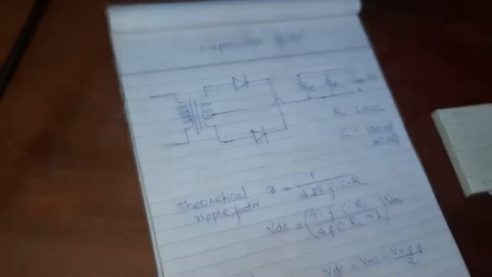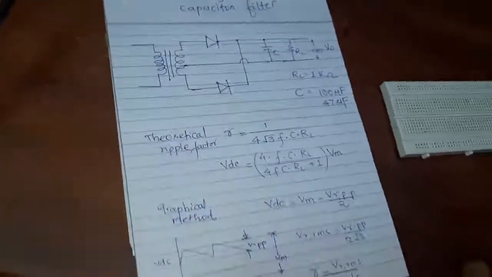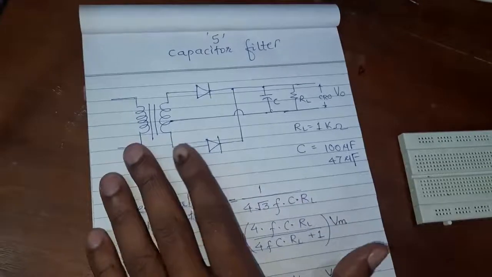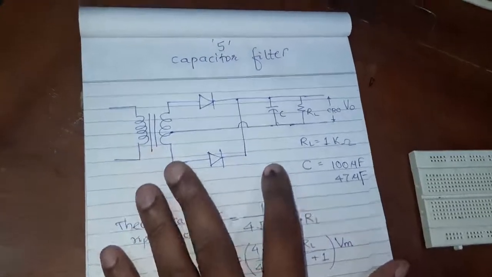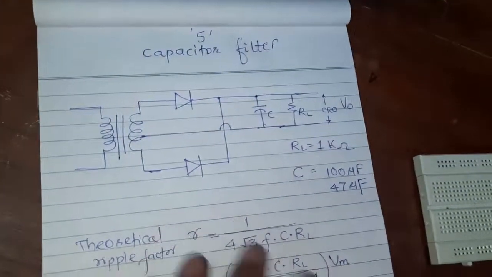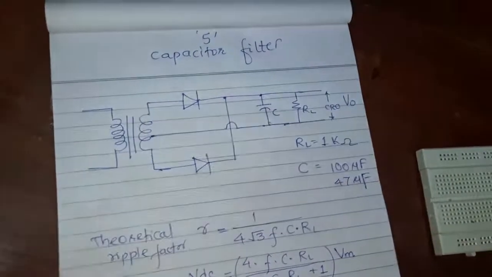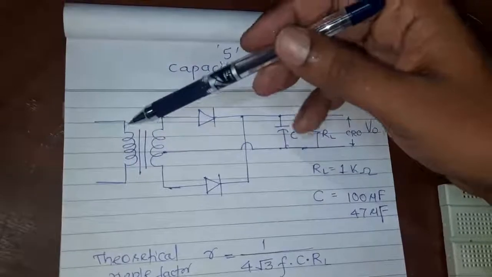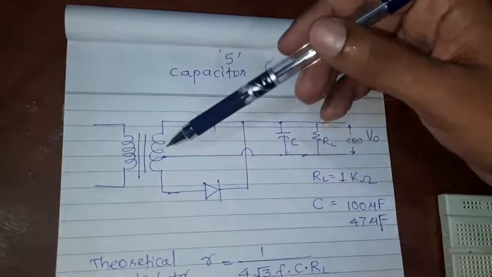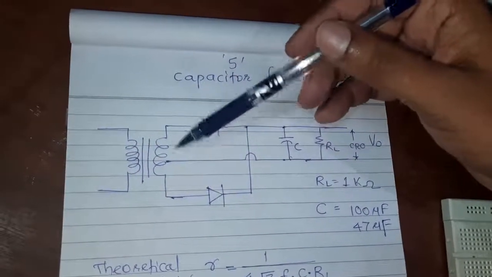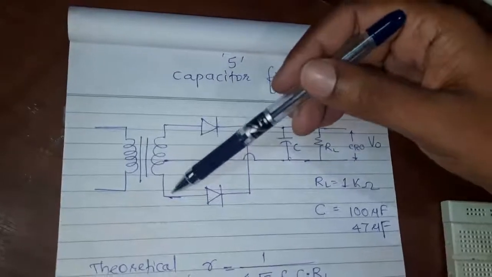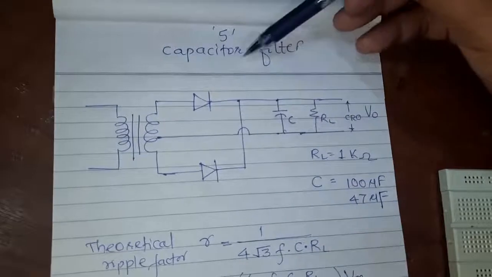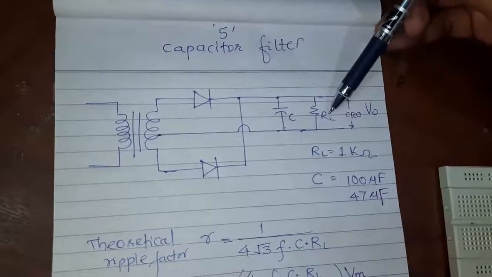Okay, hello friends. Today we will be doing an experiment on filters. First we have taken the capacitor filter. This is the diagram for the capacitor filter. Theory is already taken. Now what it requires is a center tap full wave rectifier. So we have two diodes over here. We require a transformer whose secondary is center tap. So we have three wires for the secondary. Then we require a capacitor, since it is a capacitor filter, and for load we have an RL.